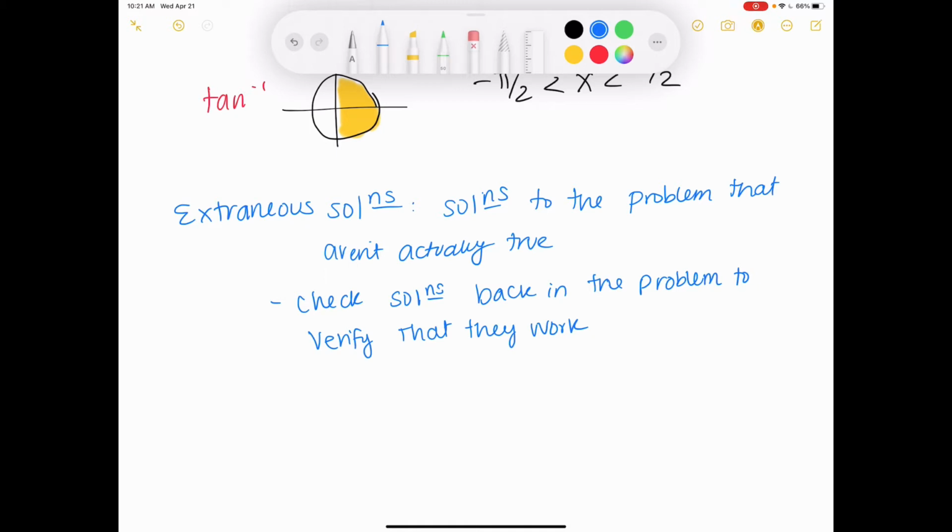So they were just like when they give you a problem and it says like check to see if these are true. The ones that aren't true are extraneous solutions. Yes, but